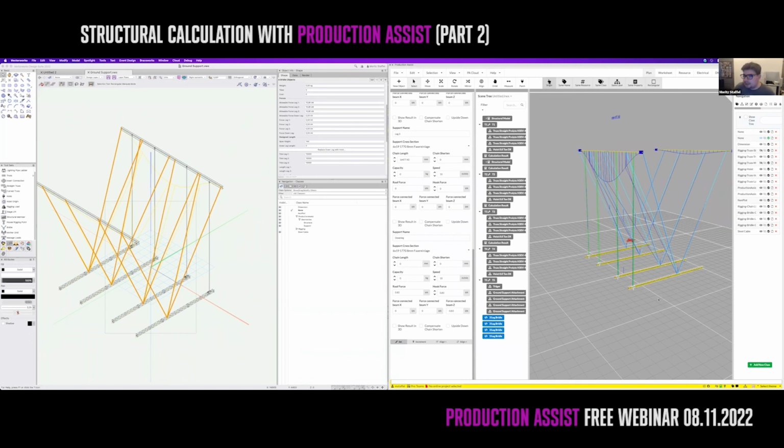That was the second part of our structural calculation webinars. In this part, we learned how to use Production Assist to generate structural calculations, to stack pipes onto trusses, and to insert loads on this. We used Vectorworks and saw how parametric objects like lighting pipe, ladder, bridle or structural member can be used in order to generate a calculation and get the results out of it. In the next webinar, we will look into more advanced things like creating a calculation report and looking into the actual